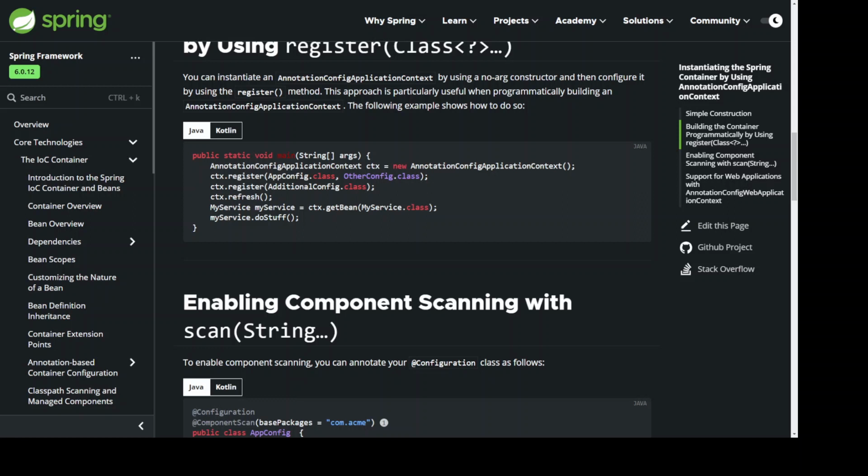public static void main(String[] args) { AnnotationConfigApplicationContext ctx = new AnnotationConfigApplicationContext(); ctx.register(AppConfig.class, OtherConfig.class); ctx.register(AdditionalConfig.class); ctx.refresh(); MyService myService = ctx.getBean(MyService.class); myService.doStuff(); }